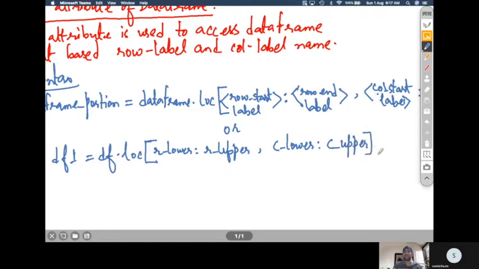So this you can write. Okay, so this is how you access the elements from the data frame.